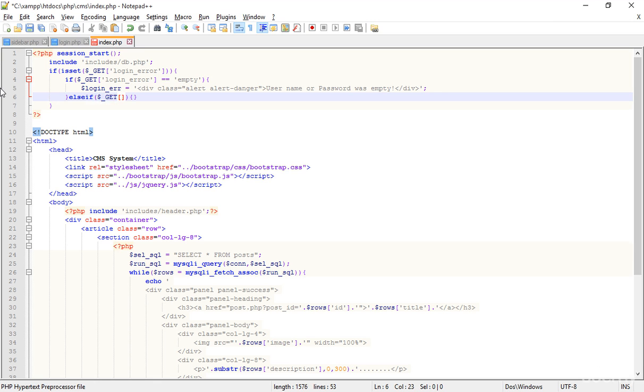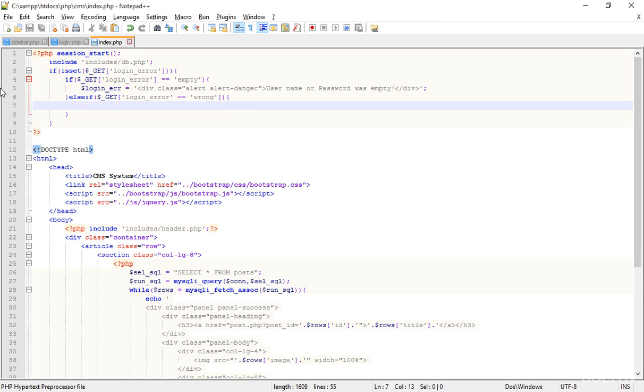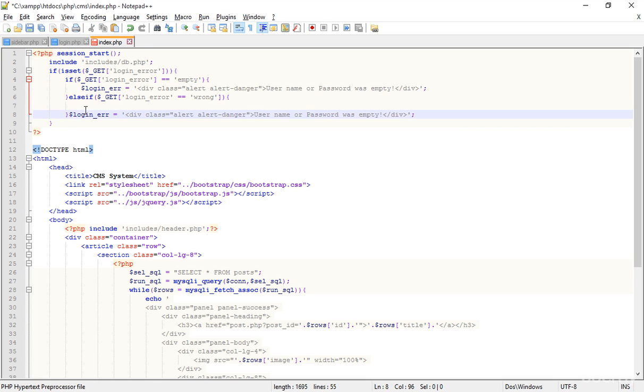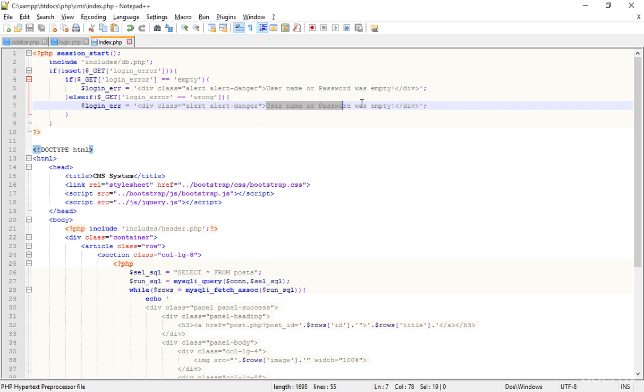that if the get is not equal to the first, I'm typing login error. Now I'm telling that if not equal to empty but equal to wrong, then just simply copy this line and paste it there, and here I'm typing username or password was wrong. Okay, now let's save that, and where I'm getting these things, the login error or login error both,